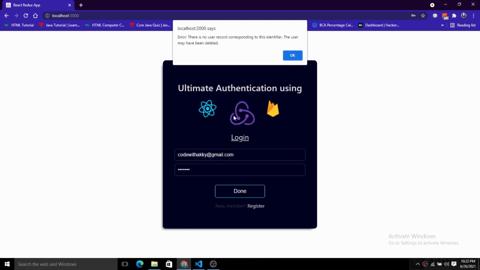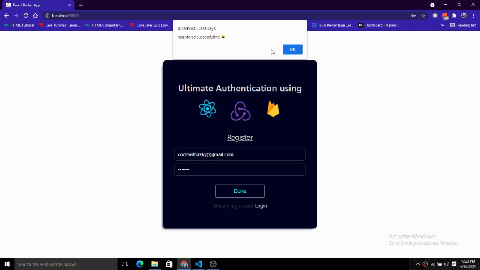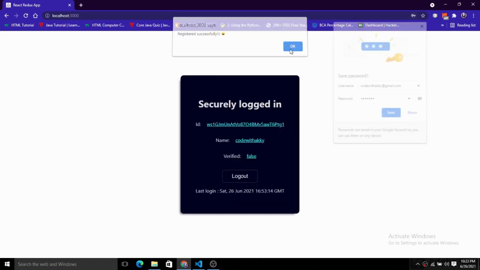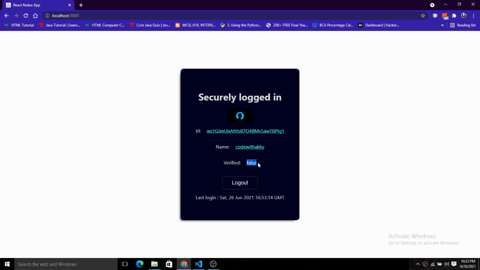So it is a fully authenticated system, so no one can just get in and get into the system, right? So what I would do, we just want to first register them, then we will be able to log in here. So when I click on this, now you can see we are registered successfully, and now you can see the verification is false because we have not used the password of our actual Gmail account, right? So our password is not verified here.